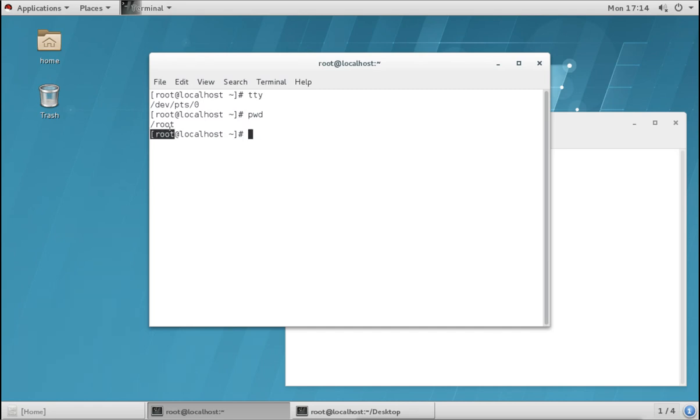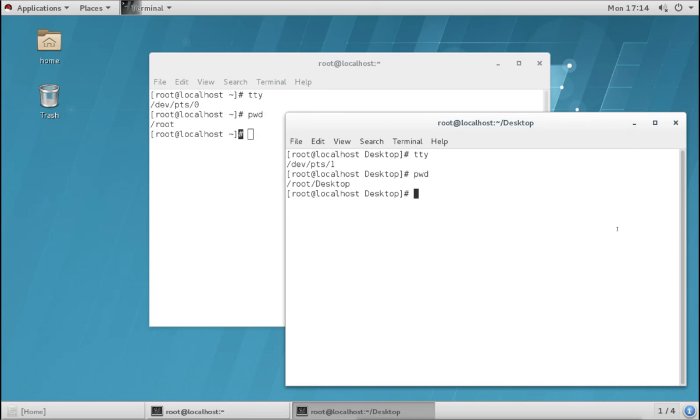First you see the username which is logged in, at, you will see the machine name, then you will see the present working directory, and then you will see the indication of root user or not the root user. For a normal user you will see the dollar symbol, and for a root user you will see hash. So this is what the terminal shows. So this is the information we see here.